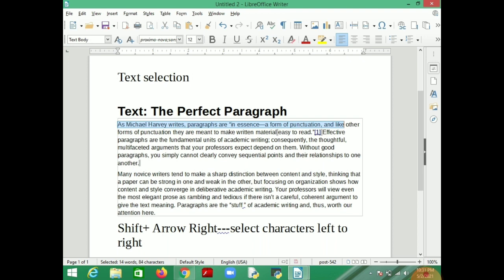It goes from left to right until you stop pressing the right arrow on the keyboard, selecting your characters from left to right.